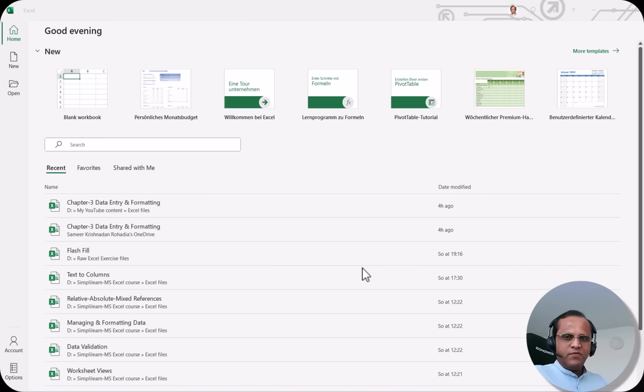We will start with an overview of Microsoft Excel: what are the default tabs and ribbons that we have? First of all, we'll see what the Quick Access Toolbar is, how we can customize it, and then we'll also see the other features over here. So let us start. When you open Microsoft Excel, we have the first screen